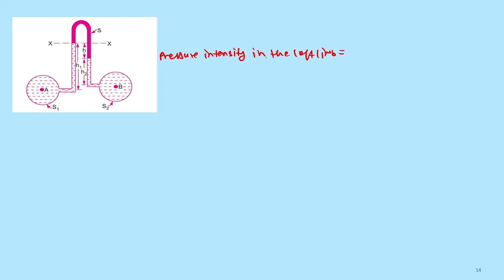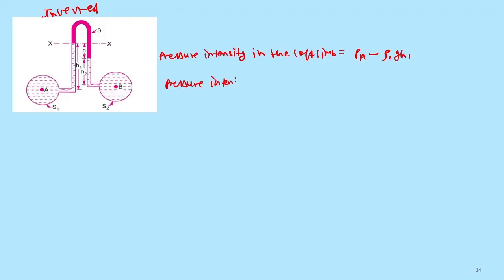So in the left limb we can write PA, and in place of plus we put minus because this is the inverted one. If it is the vertical one we can place plus, but in this inverted case we will put minus. And we write rho 1 G H1,